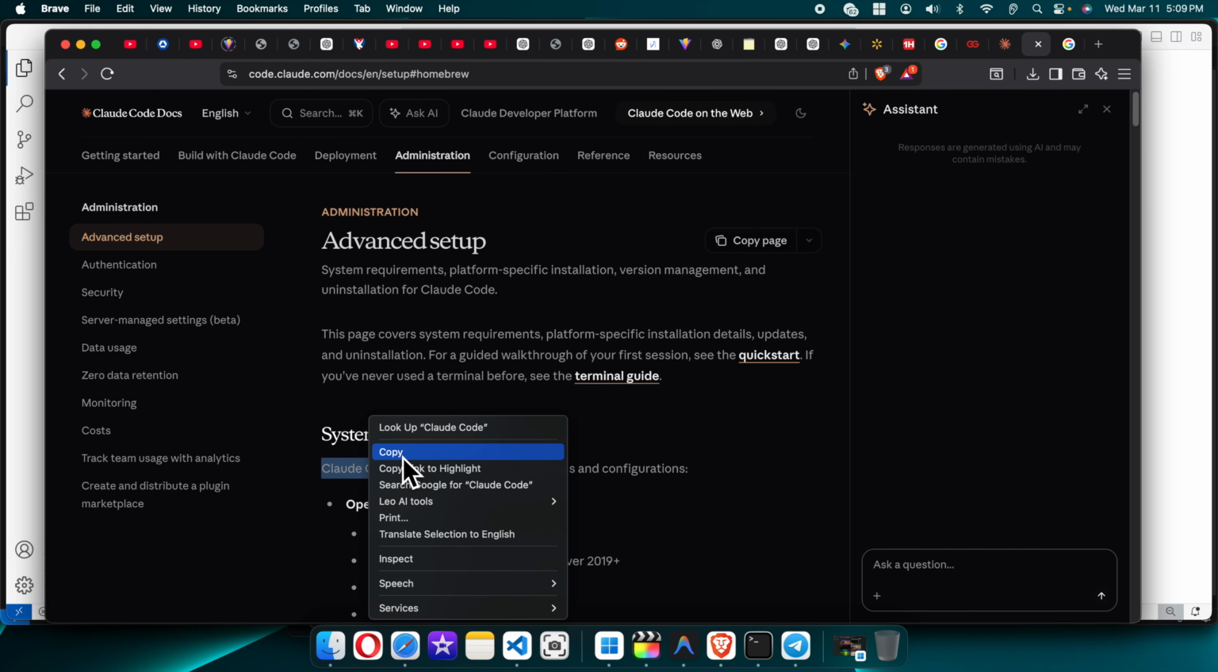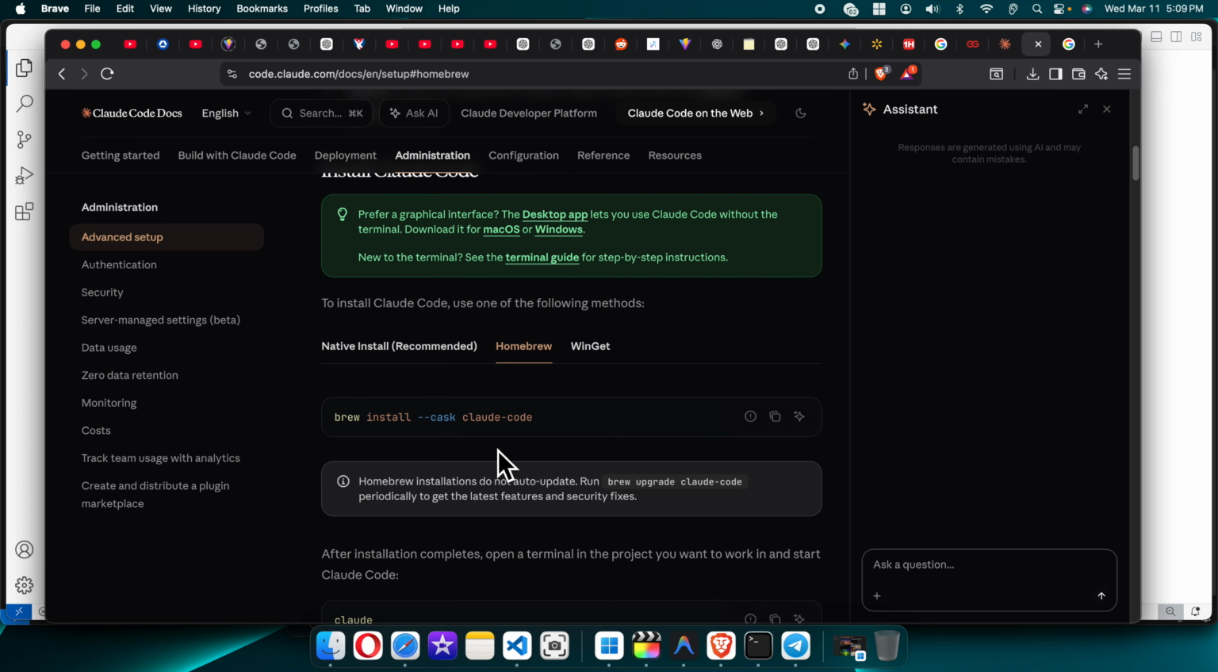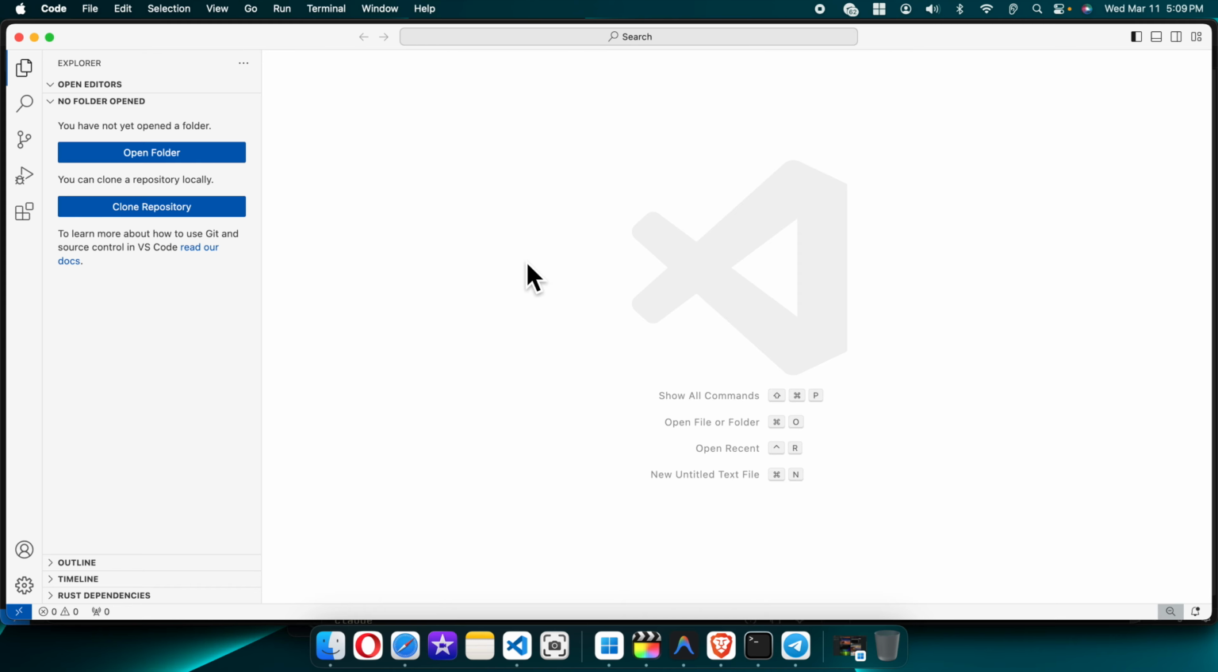If you want to install it on your terminal, you can follow this tutorial. You just need to type this command. But I'm going to install the extension for Claude Code on Visual Studio Code. I already opened VS Code here, as you are seeing, and to start the installation we just need to access the